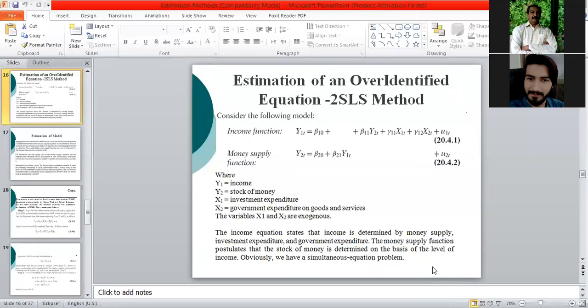Again, we have to look at which equation can be estimated and which cannot be estimated. We will apply the identification issue. We will identify the equations. So equation 2 is over-identified, because this equation excludes variables, we have more than sufficient information to identify the money supply function. And the first income function is unidentified. So we cannot estimate the first equation by any method.